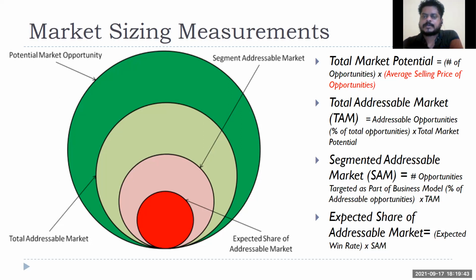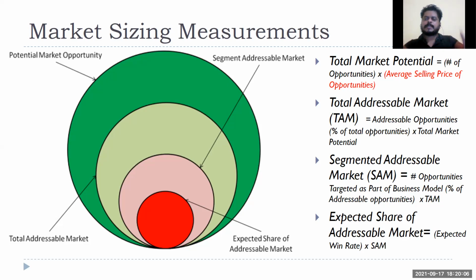Out of that, obviously it is not possible to reach everyone. Let's say I'm a startup, and most of my sales offices are in the northern and western parts of India. I might not have that much sales footprint in the eastern and southern parts of India. So because I'll segment, that is where we discussed macro segmentation and micro segmentation in the last class.